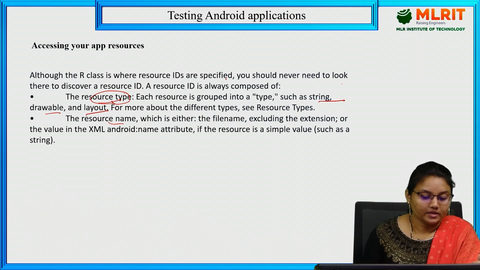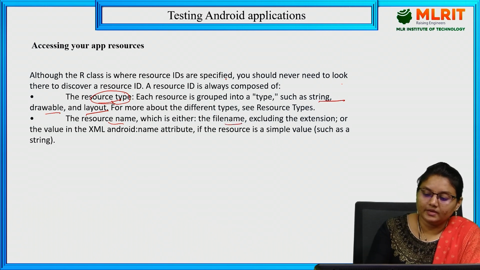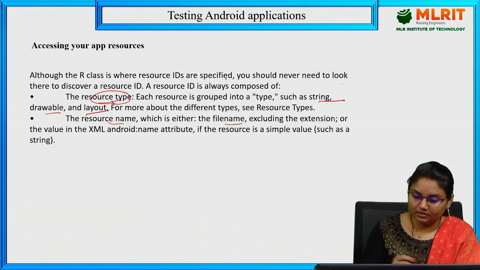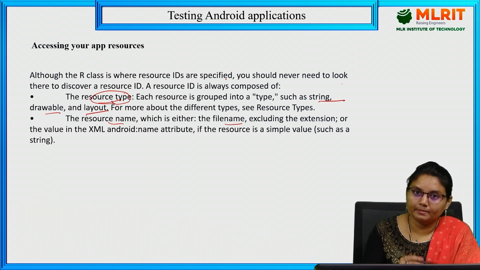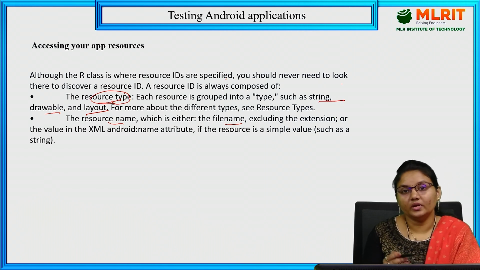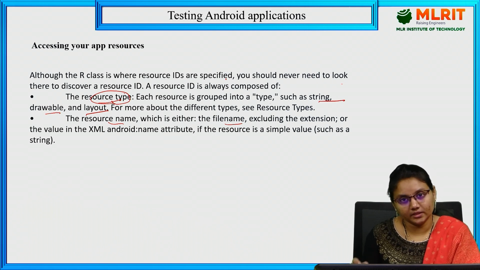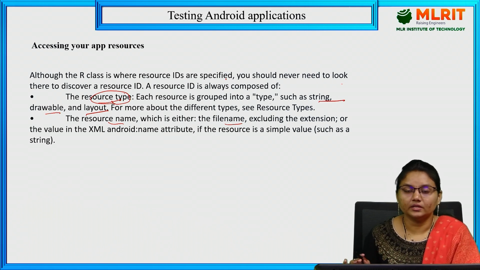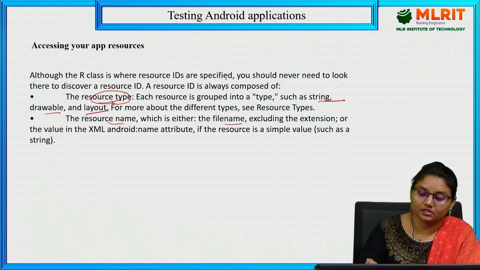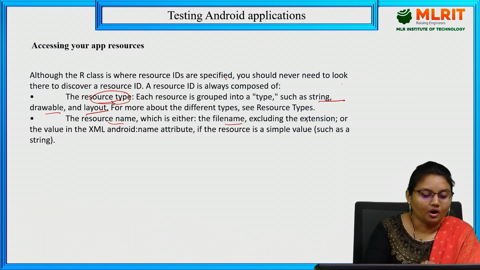Like that. Resource name is either a file name excluding the extension. Suppose if you see the example drawable MLRIT.jpg, but how we are extracting it is R.drawable.mlrit only. We are not giving MLRIT.jpg. So that is not needed. Excluding the extension, you can give it. Or the value in the XML,